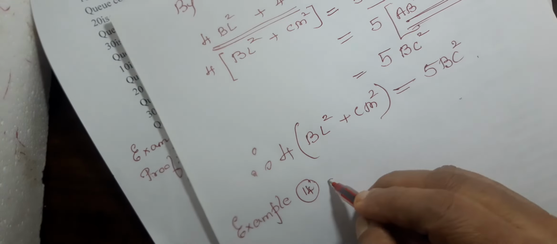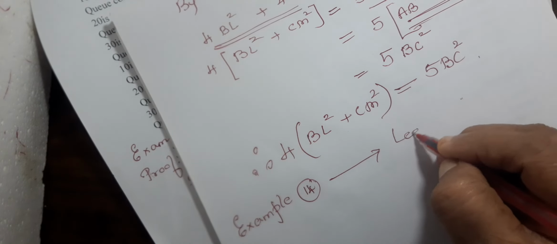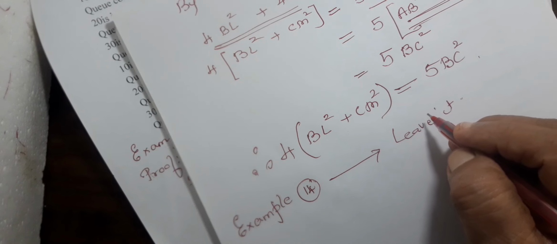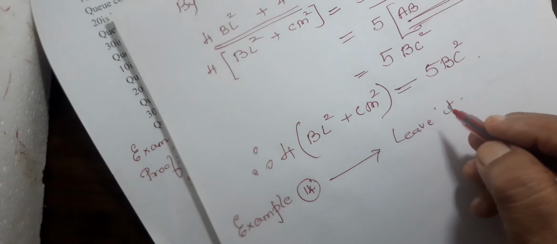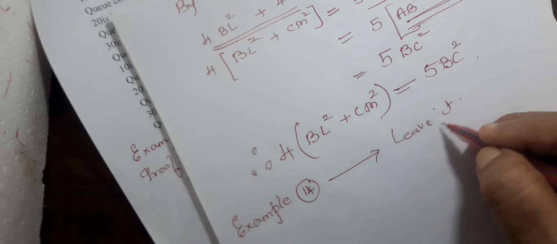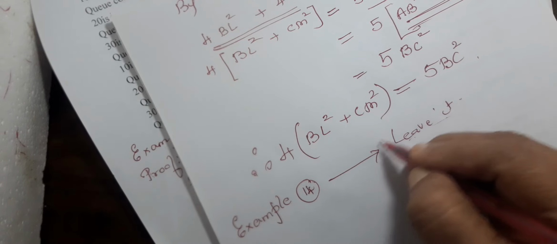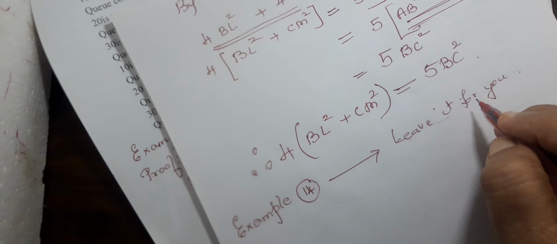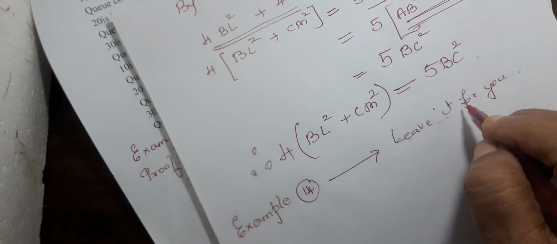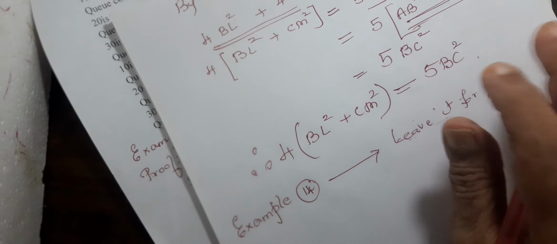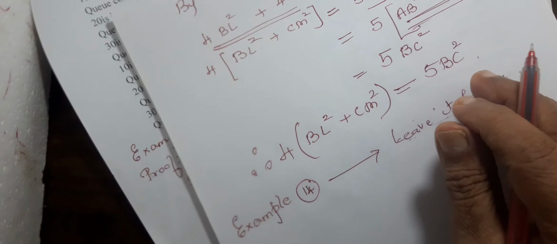So example 14, I will leave it for you only. You can just understand it, see it properly, because I won't be able to do all the sums like that. No, it will take a little time. So example 14, I am going to leave it for you. That means you have to see the textbook, what they have done, and practice it, write and learn it. You will get it. It's quite simple. It's not difficult like that.